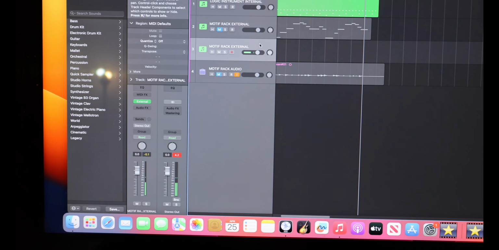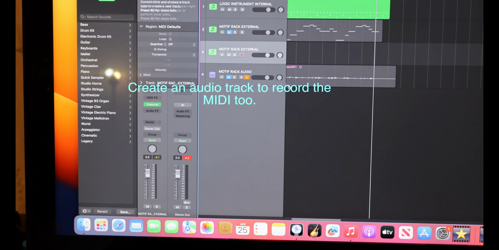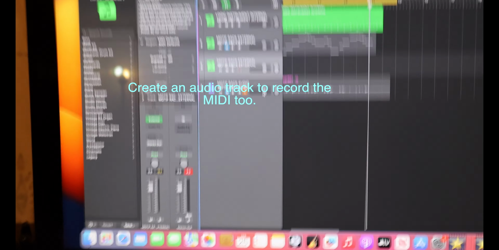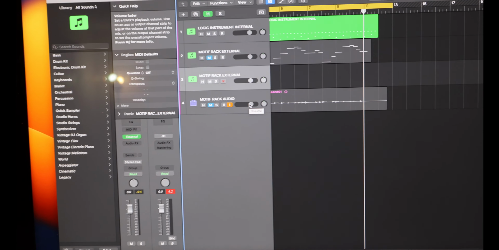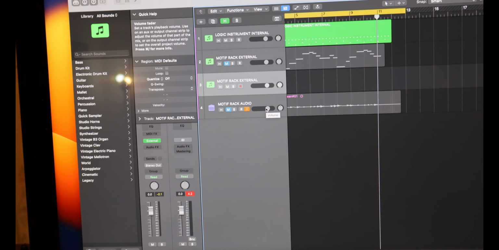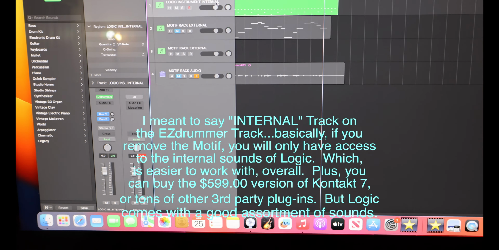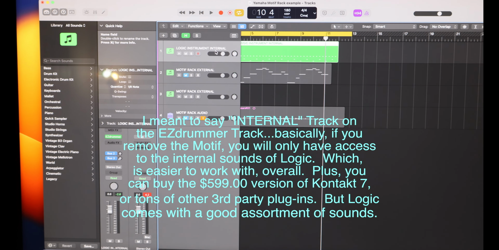And then when you're satisfied with that saxophone, then you just create another audio track. That's where it gets a little trickier with external synthesizers. You got to create a MIDI track, then you have to have an audio track for every MIDI track you create. Now you could just take this out of the equation and not even use it, and then all you'll have is external MIDI tracks like this Easy Drummer track up here. And that's a little more advantageous,